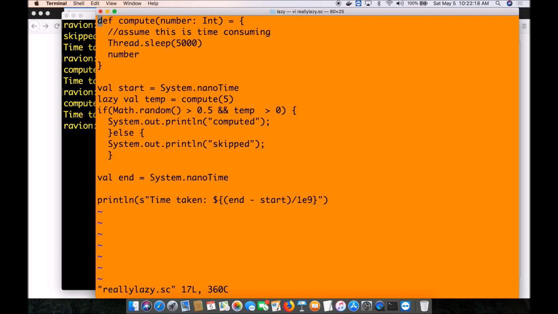So what happens there? I'm going to tell you what happens. You guess. Lazy val temp. It will remember it is lazy unless it is used. Don't execute it. So it will be calculated at runtime actually. Yes, absolutely. Now, if math.random is less than 0.5, what will happen? It won't be executed. Earlier, what happened? Now, if math.random is greater than 0.5, then